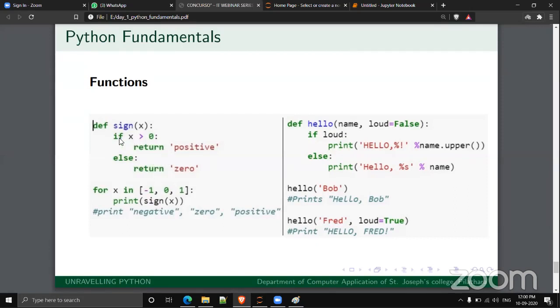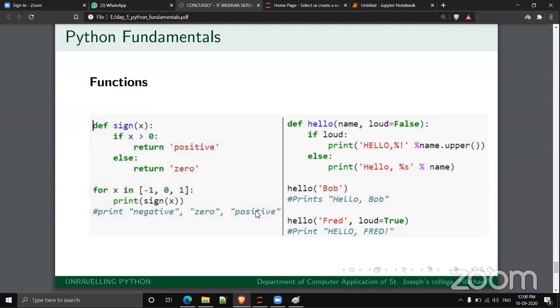You can simply write if x greater than 0, return positive. Elif, not else if, it's elif, x less than 0, return negative, else return 0. I have a list -1, 0, and 1, and I'm iterating through it using x and calling the function sign. For -1 it will return negative, for 0 it will return 0, and for 1 it will return positive.